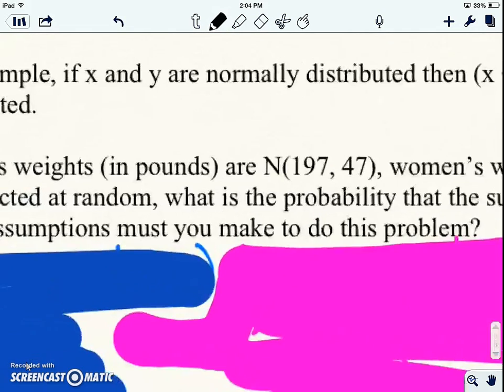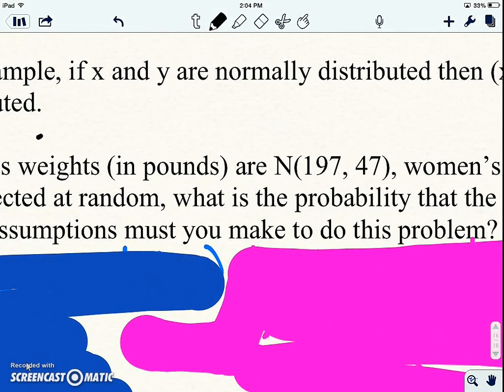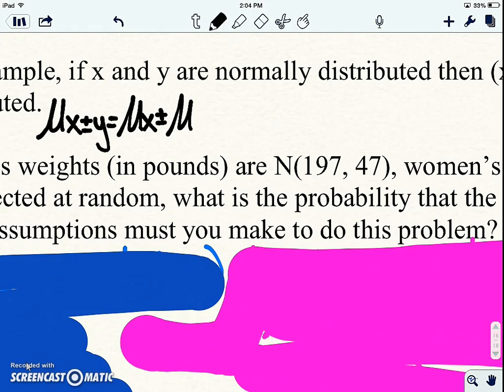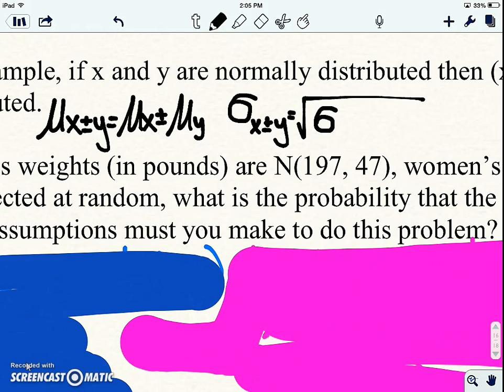And when you use the formulas we've been using so far, if we're adding or subtracting two variables, so x plus or minus y, the new mean would be the mean of x plus or minus the mean of y, depending on what you were doing. And the standard deviation of x plus or minus y would be the square root of the variance of x plus